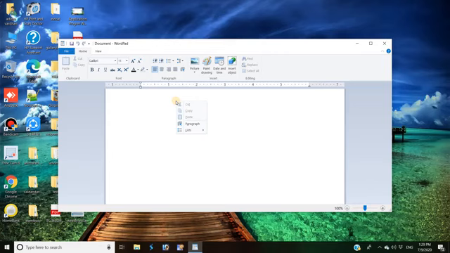Here we have to know about the components of this application program window. Now I am going to explain the components of this application window.